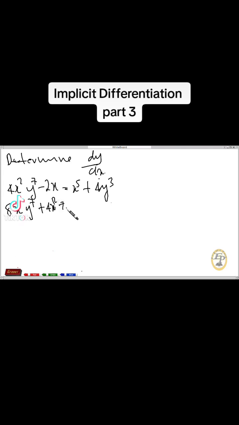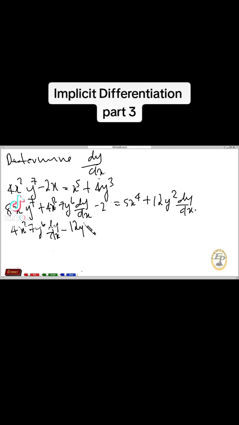by 7y to the 6 dy/dx minus 2 is equal to 5x to the exponent 4 plus 12y squared. So we have to collect like terms. Here we have dy/dx as always. We have 4x squared 7y to the 6 dy/dx